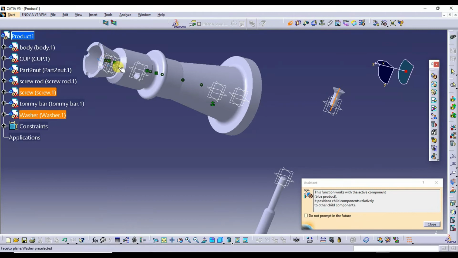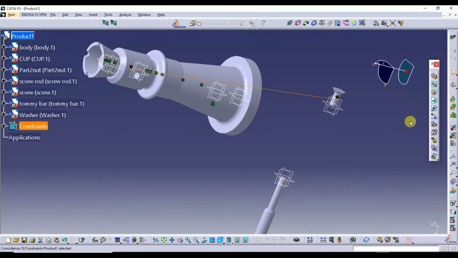Select this axis and this is the axis of this body. Go for update, so that the axis of this is going to coincide with the axis of this. That is the usage of this command, the coincide command.